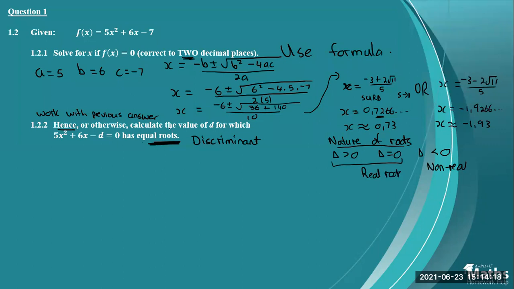So yeah, we're going to look at the value of d for which this trinomial has equal roots. For equal roots, it means that we're going to look at the middle column, where the discriminant is equal to 0. That's where the hence comes in, because we're looking at the discriminant, which is b squared minus 4ac. So we're going to set the discriminant